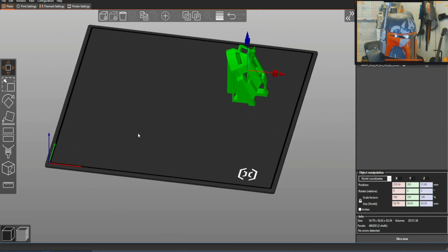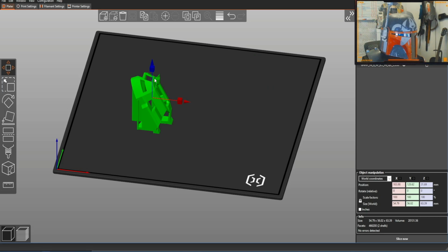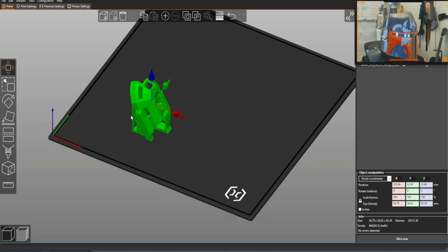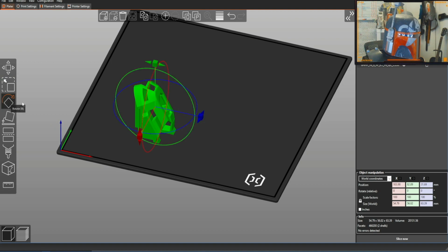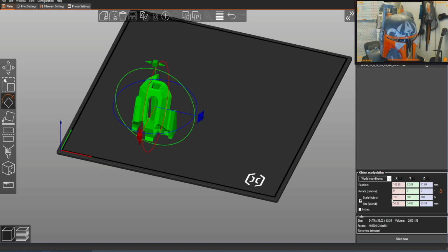So this is the front of the bed. We're going to go ahead and move this model over to here. I do not like the manipulators in Prusa Slicer that much, but I like it when they put the little square in here and you can move 2 axes at a time. We're going to go ahead and rotate this. And where's my rotation manipulator? Oh, here it is. It's over here. All right. See, that's crazy. Why is it giving me that number? It should just be 90. So if I want to go down here to the relative rotate mode, where are the...